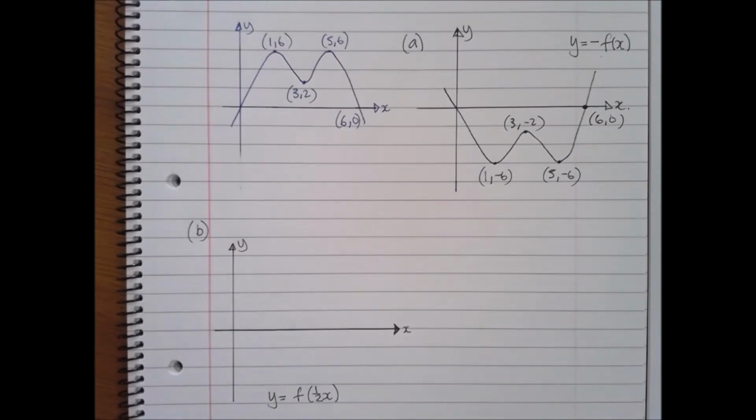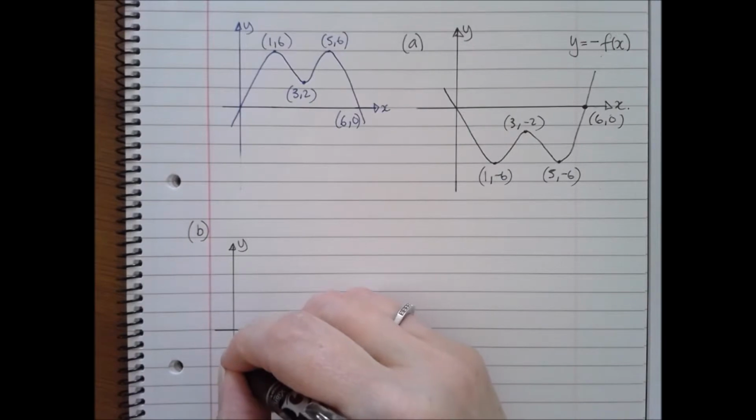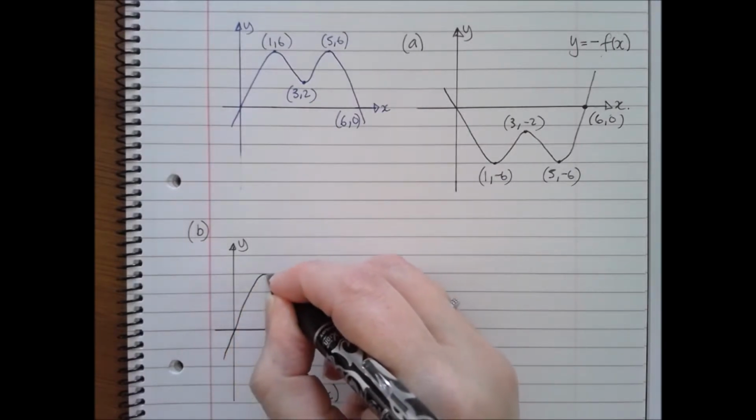Part B asks us to sketch the curve under the transformation y equals f of a half x. So this is going to be a horizontal stretch with a scale factor of 2, so everything twice as far away from the y-axis. So if we sketch the curve just like before